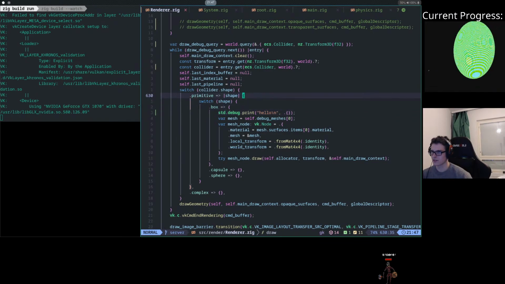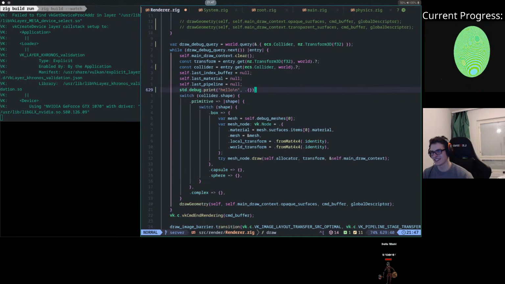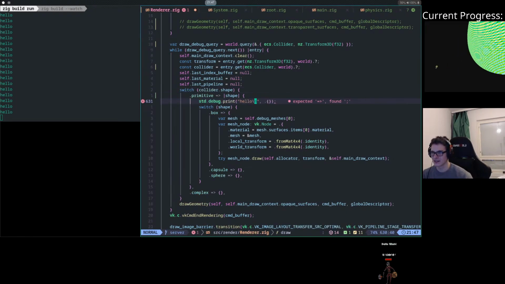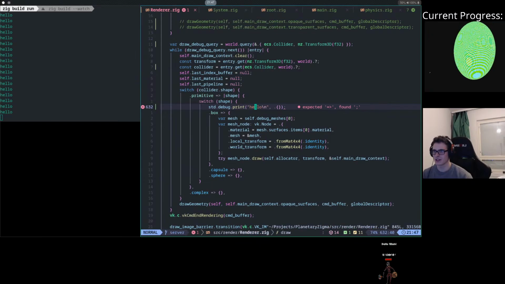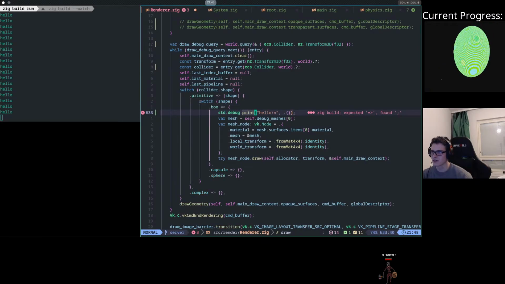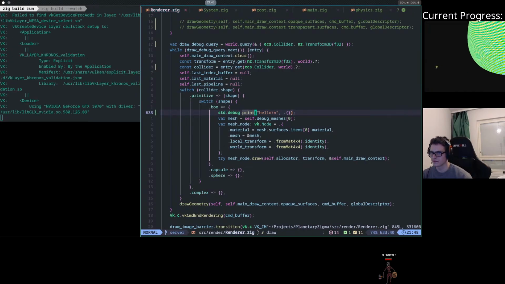Okay, so it's not even getting into here. Does it get into finding a collider? Does it get into here? Okay, it gets there at least, so that's pretty good. Let's see. Does it get a shape? What's wrong with that? Cannot do it in the middle of a switch. That makes sense. So it does get into that at least, so that's pretty good. But it doesn't